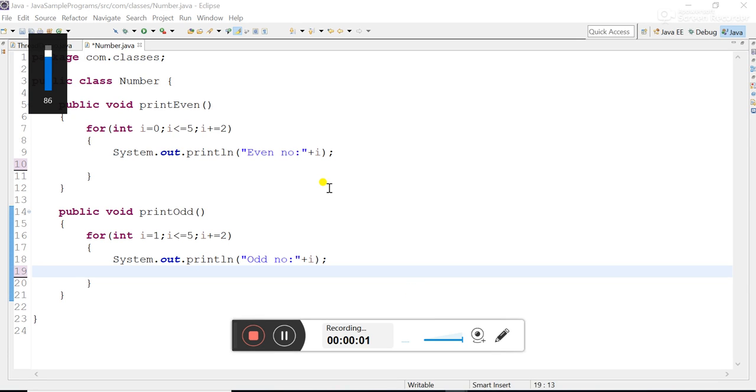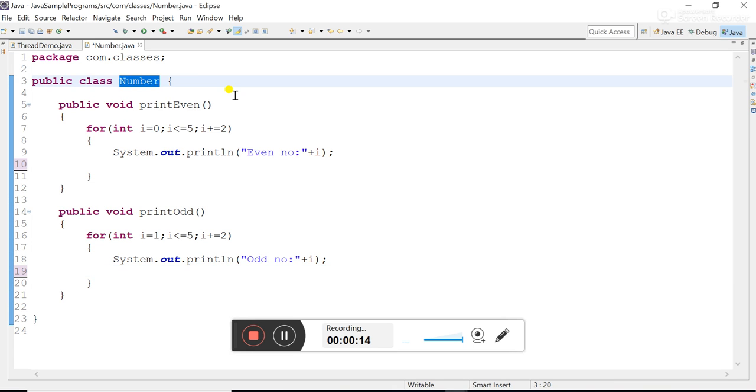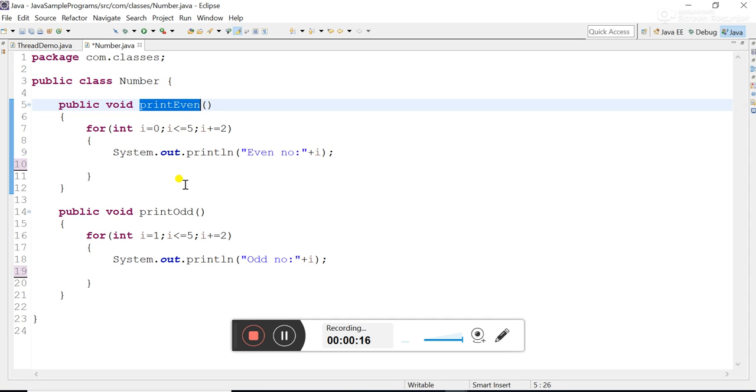Hi, welcome to this session on multi-threading. In this session, I'm going to tell you how to create threads, how to start the threads, and how to execute the threads. Now, here I have a business class called Number, which has two methods, printEven and